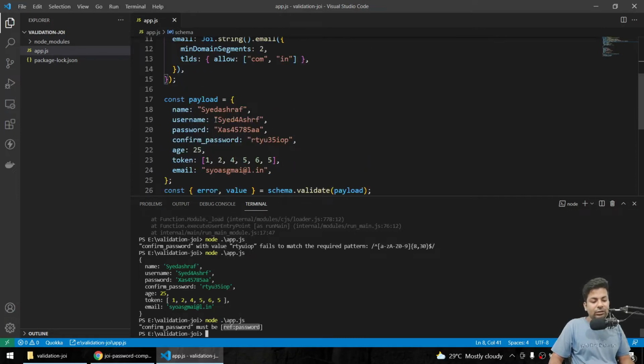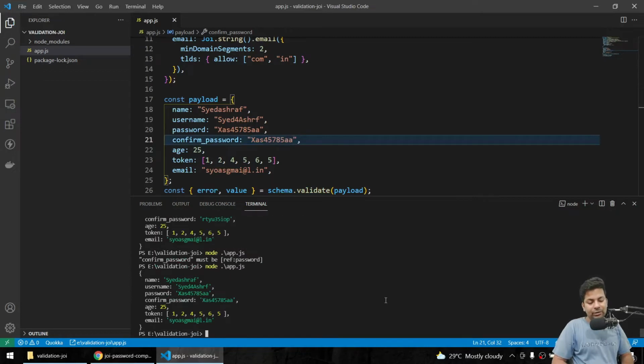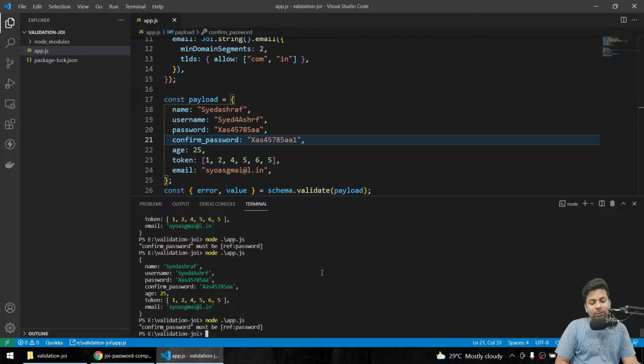So if I copy this password, paste it in confirm password, save it, see, got it. If I change a little bit in confirm password, like adding an extra 1, confirm password must be a reference of password. So you can see we can use the confirm password also.